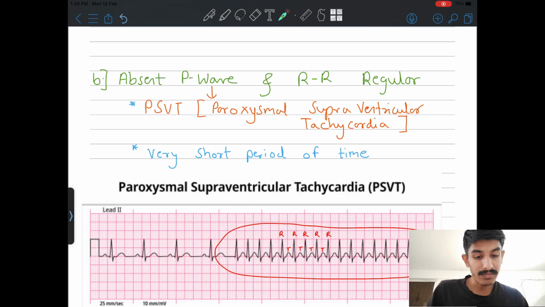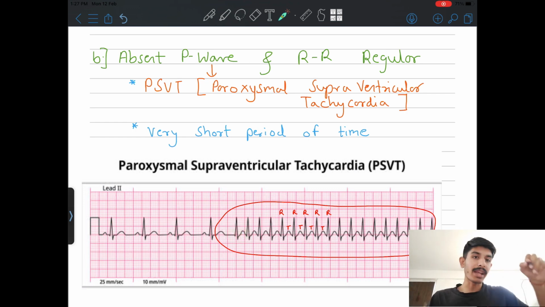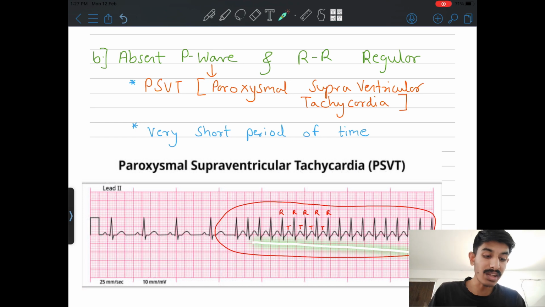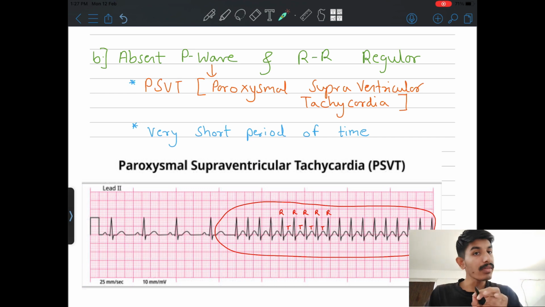So always remember, here the P wave is absent. You can see this is the T wave, because the P wave must be present here, in this part. So the P wave is absent, and directly it is coming like QRS and T, QRS, T. Here the P wave is absent, but T is present and R in other parts are coming. You can see here the gap is 1, 1, 1, 1, 1. So RR is regular and the P wave is absent. So it is known as paroxysmal supraventricular tachycardia.